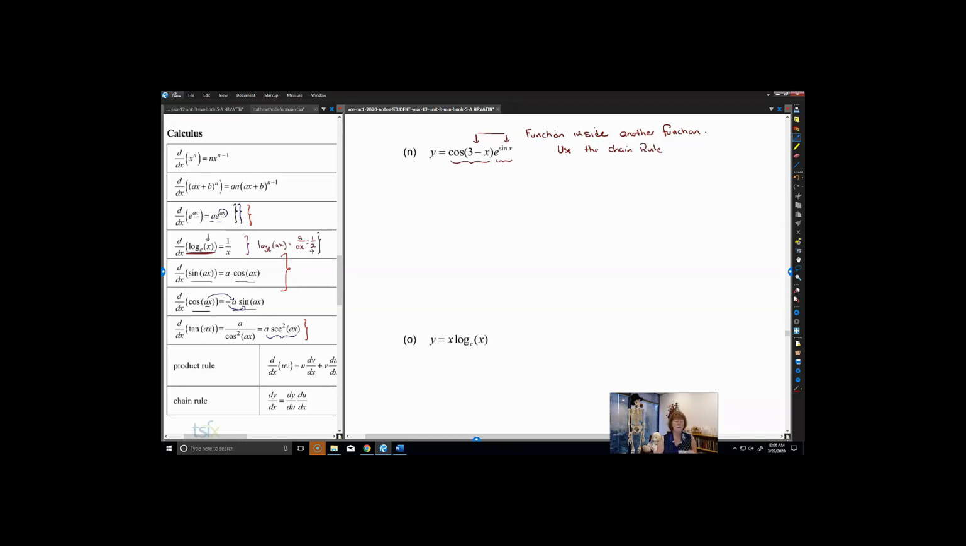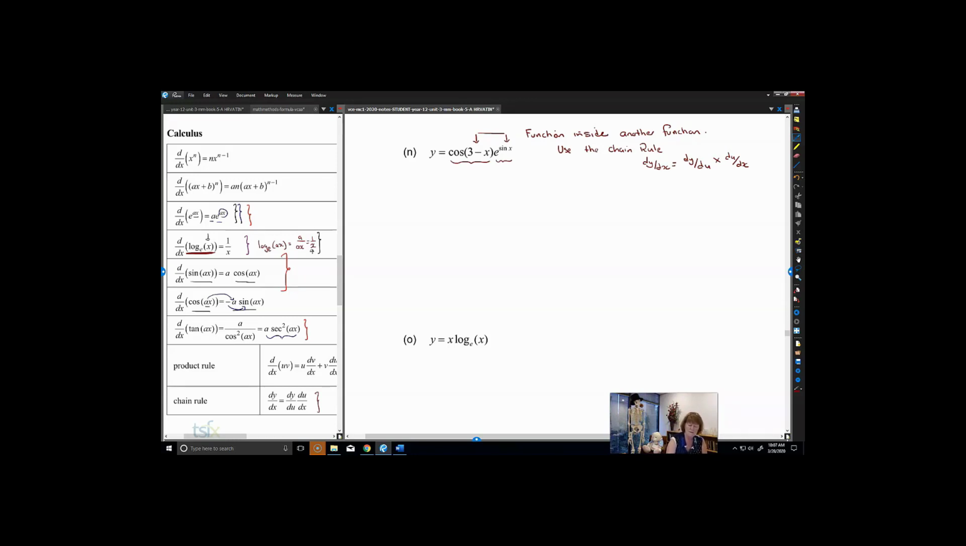Okay, and again, what's the chain rule? The chain rule here is on your left-hand side. The chain rule being dy dx is equal to dy du times du dx. All right, so when we do this, the derivative of our